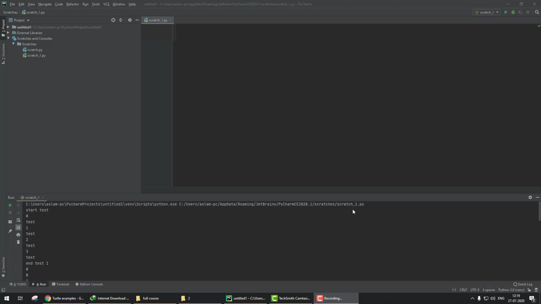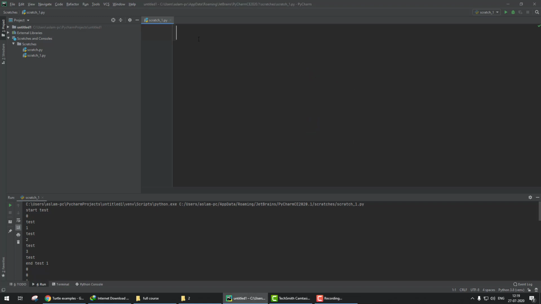Now we have to learn how to create a star with the turtle. You know that when we create a star like that, this is the length and the angle is 144. The steps are 1 2 3 4 5 6 7 8 steps, and the rotation is 1 2 3 4 5 rotations, 8 and 5 is 13, I think.